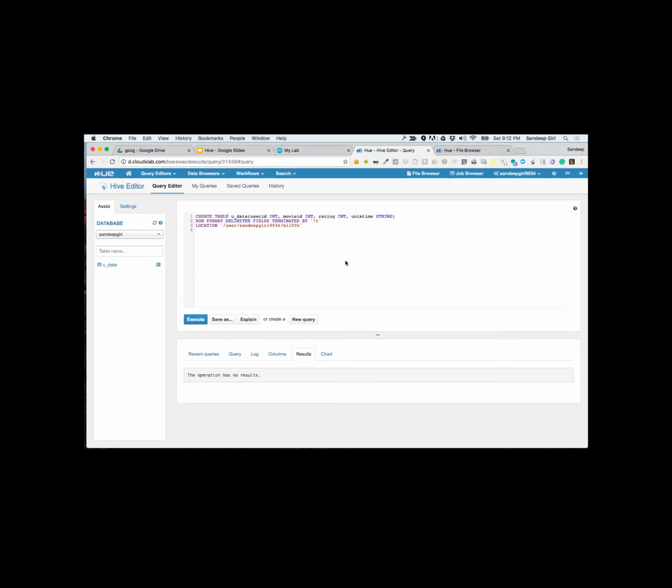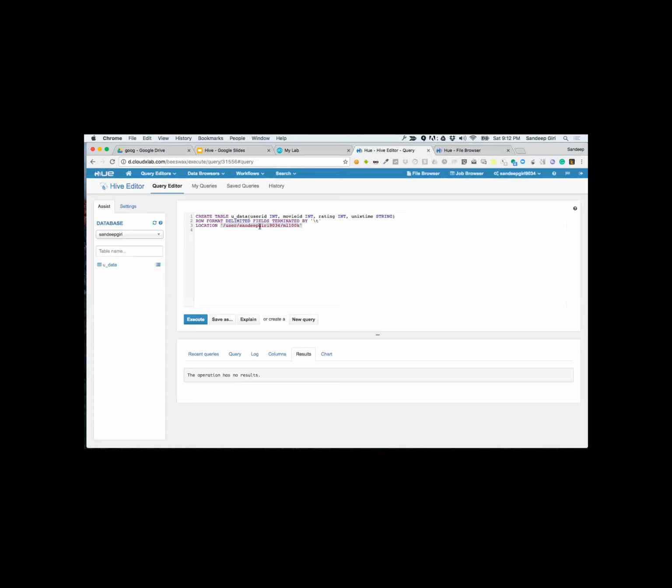Okay, so table name you can keep anything. Sheik, you can keep the table name anything. It's up to you. All right, good question. Just that you provide the appropriate location. So we are saying that this table is going to be kind of a window to the world of our data.